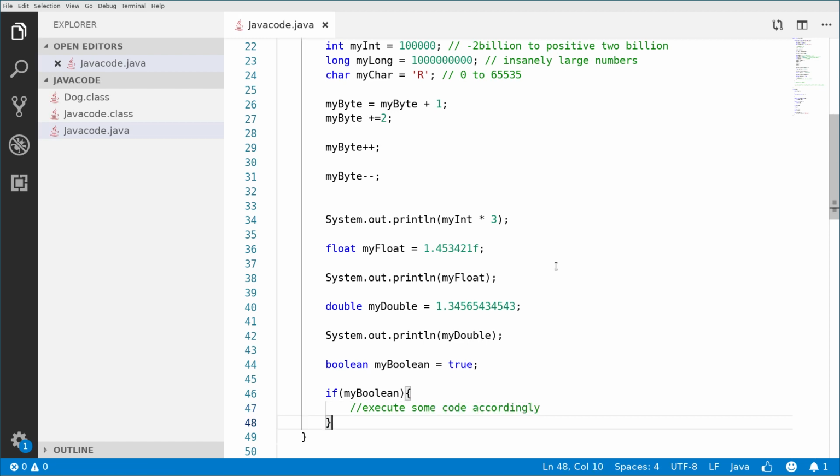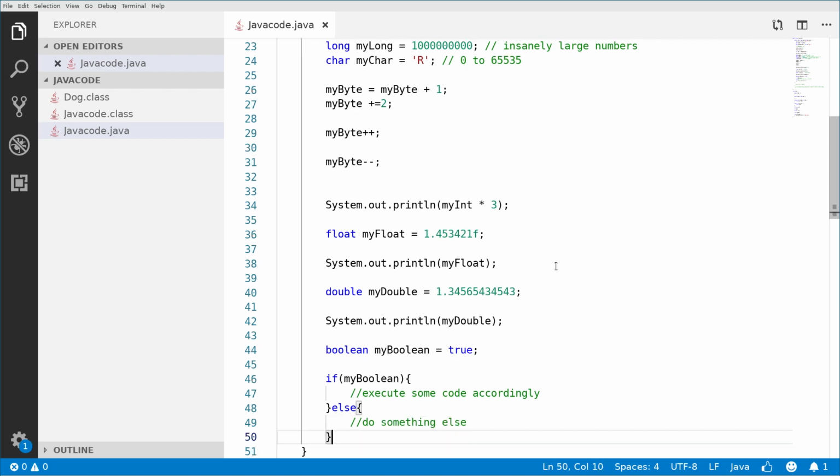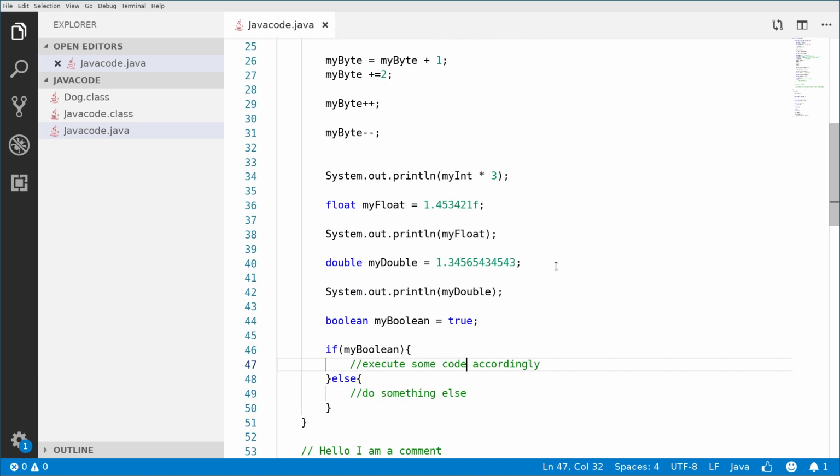And if it's false, we can do something else, whatever the case may be in our program. So that's what booleans can be used for. Pretty easy so far to understand these concepts. The booleans can also be checked the same way as we did previously.